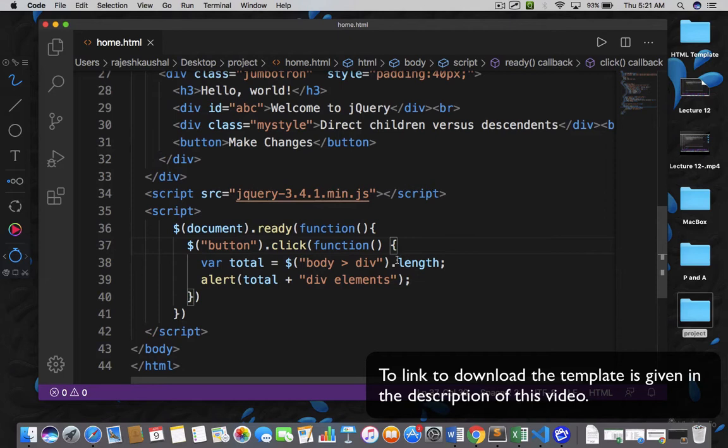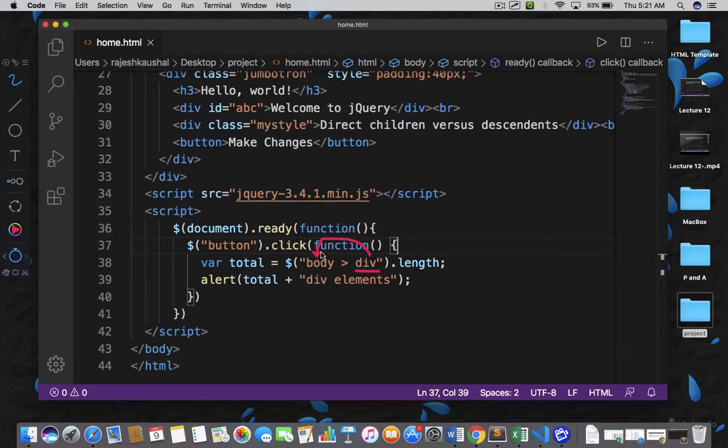So what we are saying here, we are saying that we want to find out all div elements which are direct children of body of your document, right? And whenever you want to retrieve direct children, you need to specify the greater than symbol. Fine. So let's check our document that how many direct div elements do we have in the context of body,